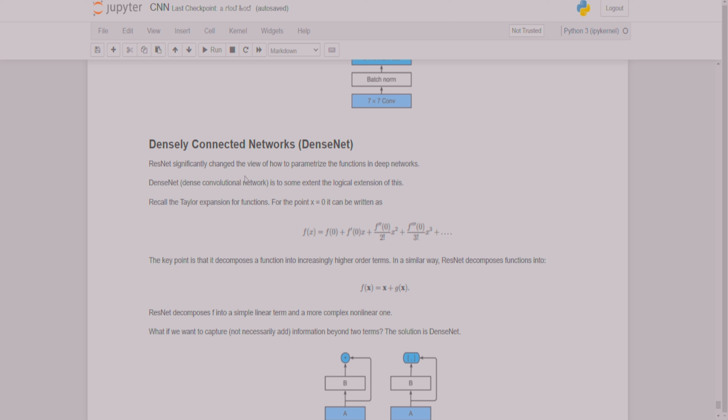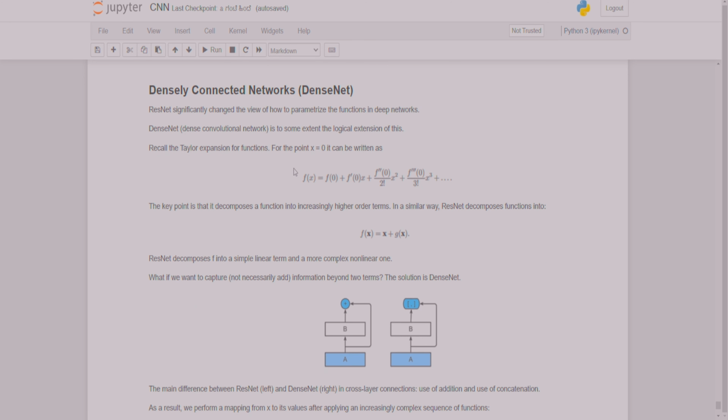This is called a densely connected network, commonly known as DenseNet. A lot of research is being done right now on DenseNet, just because of the features of DenseNet. So they are trying to consider